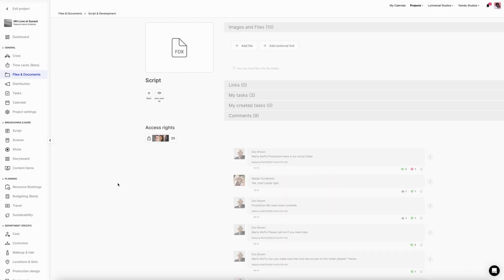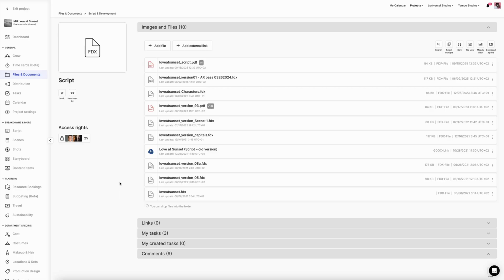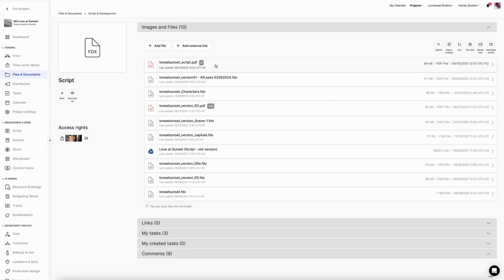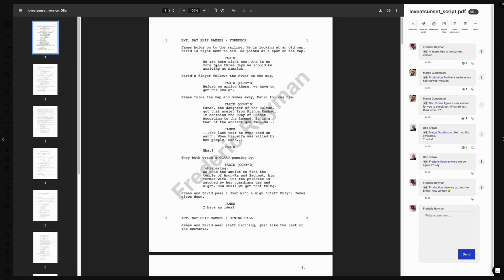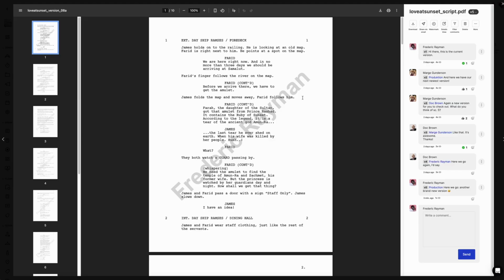Here I asked our writers to just upload the latest version of the screenplay. In this case, it might be Love at Sunset script version 5. It has already put a name on the script, in this case, Frederick Raymond, my username in this project. And of course, another user would see his or her name on it.